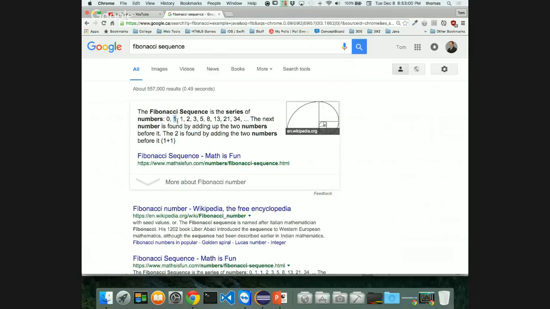If I take 1 and 1, I get 2, and that's the next number. If I get 2 and 1, I get 3, and that's the next number. 3 and 2 is 5, 5 and 3 is 8, 8 and 5 is 13, 13 and 8 is 21, and so on, all the way up to infinity. So this sequence creates almost an exponential kind of increase, more than an exponential increase in number. It's quite a bit of a wave,